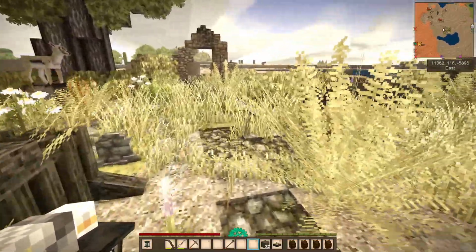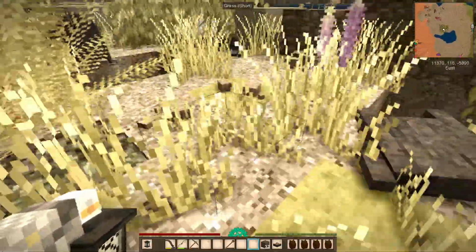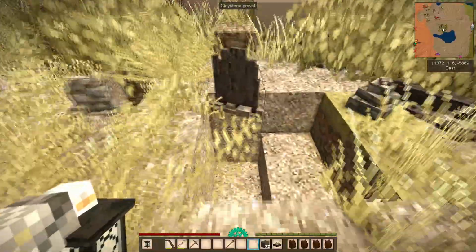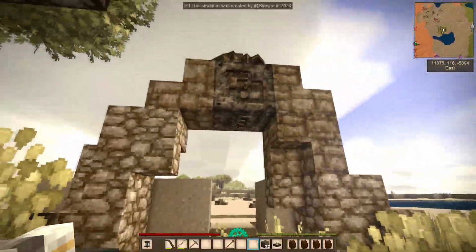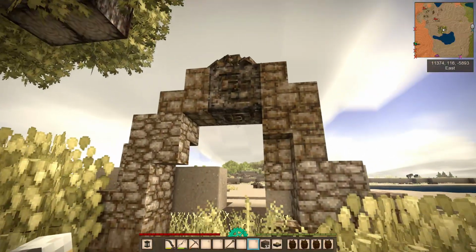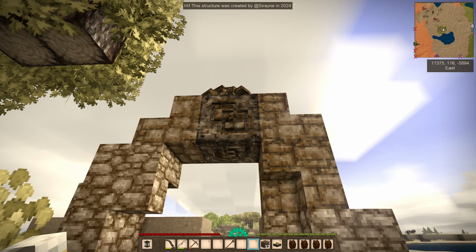Now this one I have actually dug up because I have been grave robbing, guys. Grave robbing, and there are things in the grave, but what I hadn't noticed was this amazing sign. Let's take a photo of it here. Okay, and it says, "Hi, this structure was created by